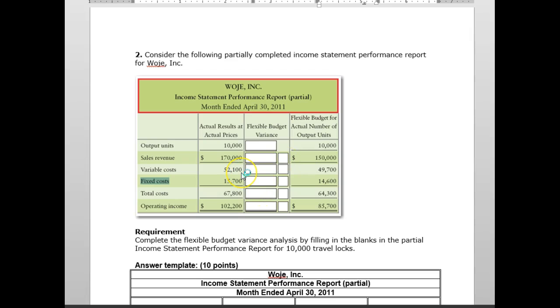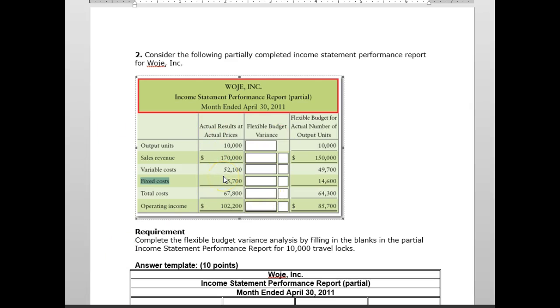Let's look at the costs. We budgeted 49.7 and there were 52.1. The difference between those two, obviously this one's more, but it's a cost, and so that would be an unfavorable. It costs more than it should. Fixed cost, oh my, we had budgeted fixed cost of 14,600 and our fixed cost were actually 15.7. Again, we're looking at an unfavorable. So when you add these all up,